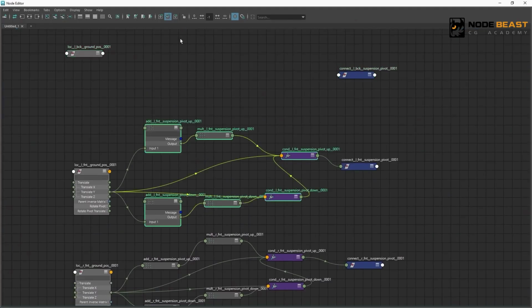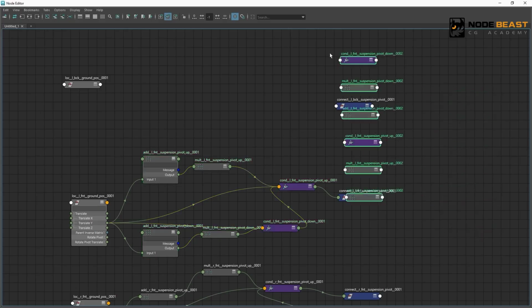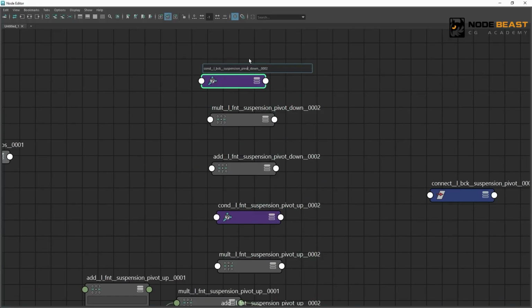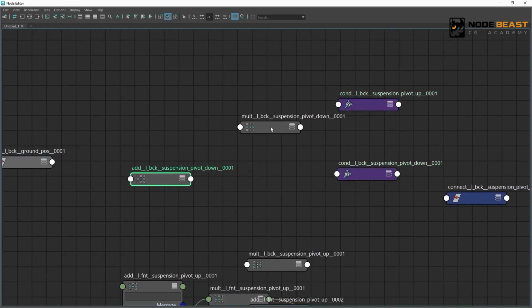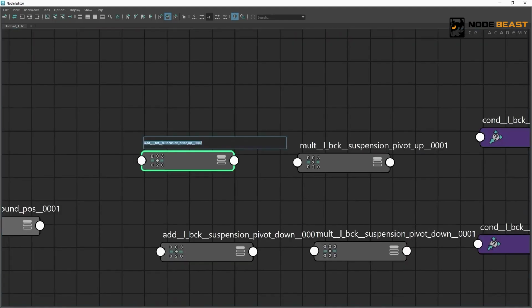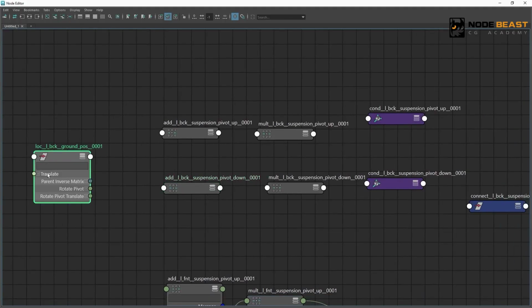Let's turn auto add nodes back on, because now we need to duplicate these nodes and these nodes, we want them to be automatically added to the node editor. Don't forget to rename. After they're all renamed, it's the same operation.